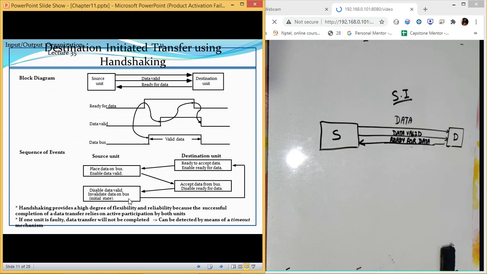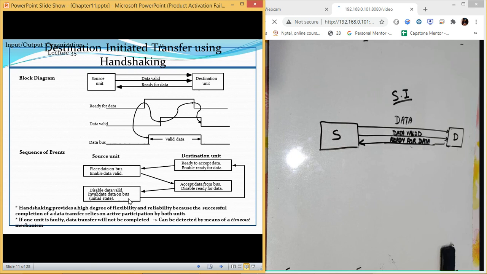Like if for a certain period of time the source doesn't receive the ready for data signal, it means the destination is not requiring the data. Then if the destination is not receiving the data valid signal or the data on the bus, it automatically comes to know that there is some problem on the source.